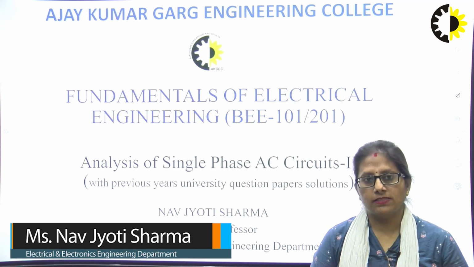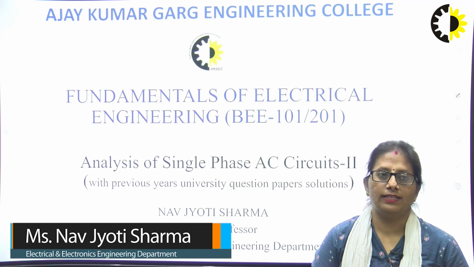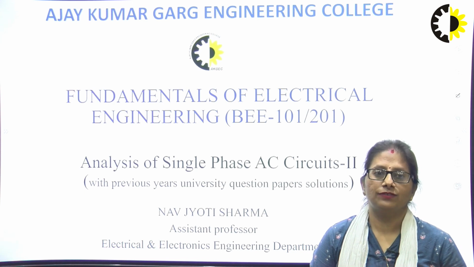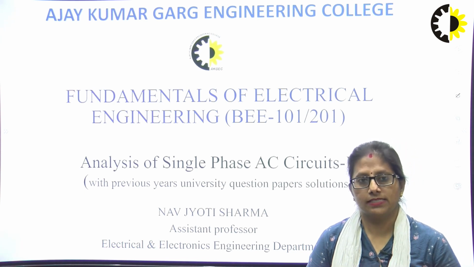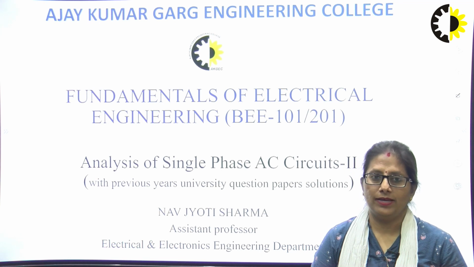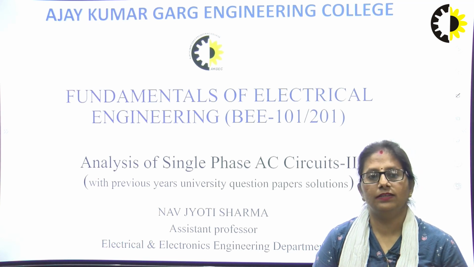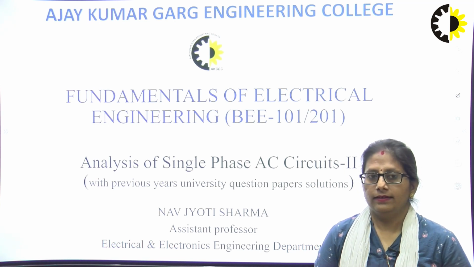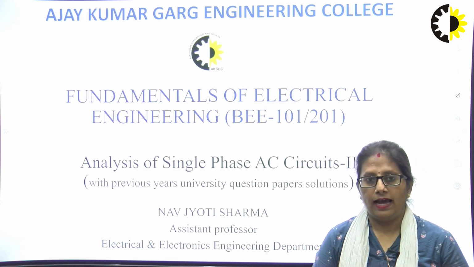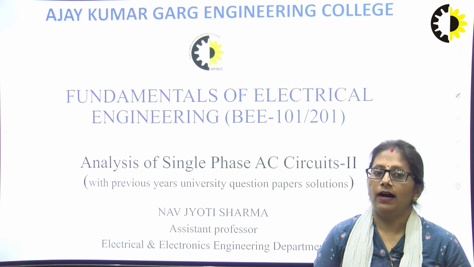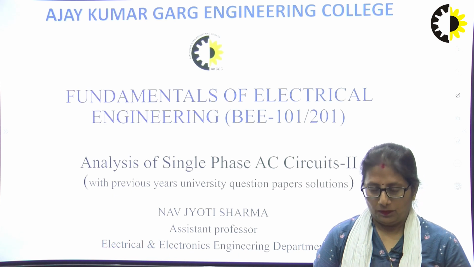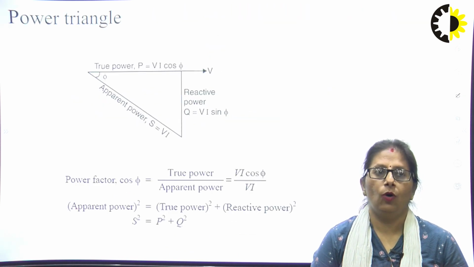In the first phase of analysis of single phase AC circuits, we have seen the behavior of purely resistive, purely inductive and purely capacitive circuits, and we have also seen the three kinds of powers, the reactive, the apparent and the true power for an RL series circuit. Continuing on,